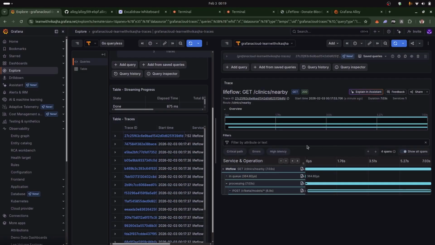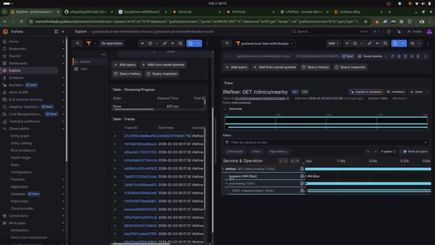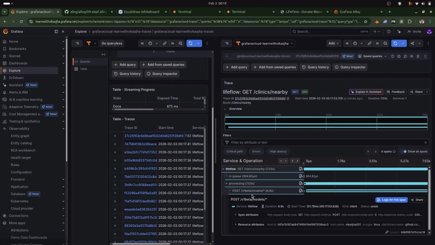So here you can see overall it took 7 seconds to respond or process, and then you can see the kind of stuff which it did. You can just expand each of these queries, and you'll be able to see further details. For example, here you can see the request was in queue for almost 364 milliseconds, or I think this symbol is for nanoseconds. Okay, and then it took almost 7 seconds to do the processing,